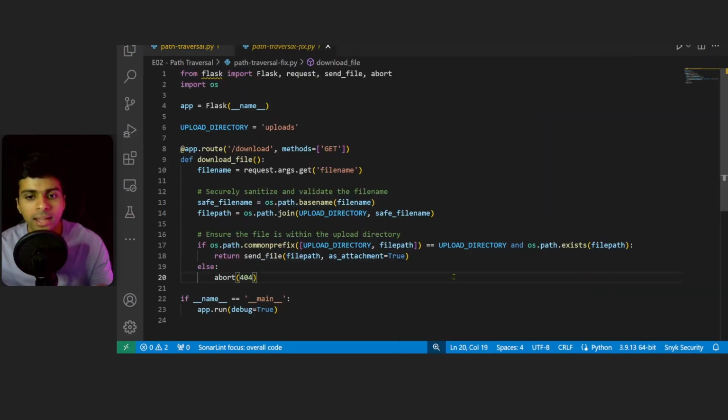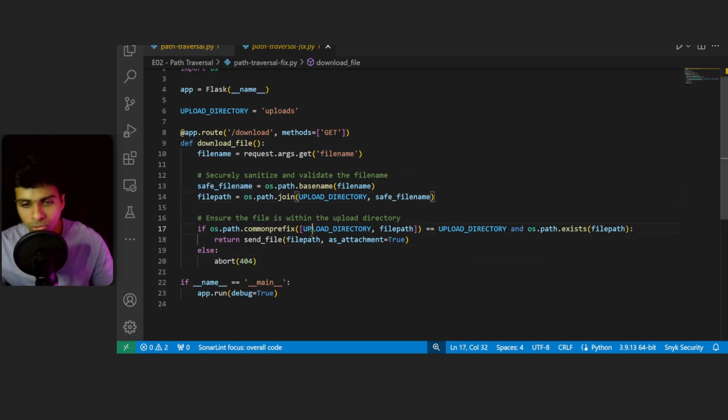So before going ahead and showing you the fix for this vulnerability, I want to point out that this fix may or may not be a proper fix because there could be other techniques which could be used to bypass this fix. However, for the sake of this video and to keep this video simple, I've kept the fix simple to demonstrate and understand. So for the fix, we've used